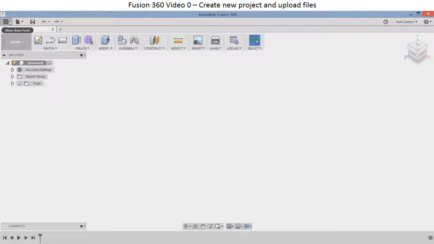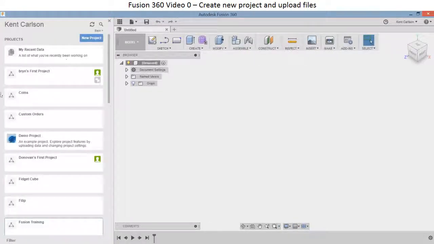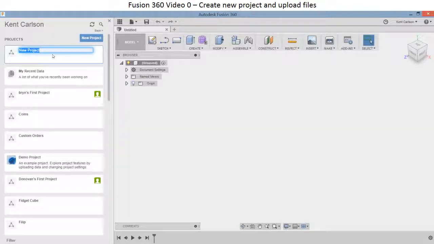So the first thing I want you to do is click on this area where there's 9 squares, it's called the data panel. You'll click on it and you won't have all of these things like I do, but what I want you to click on is New Project. And that new project, we're going to call it Fusion Training. If you wanted to put Fusion 360 Training, that would be fine too. So you'll type in there, push enter,